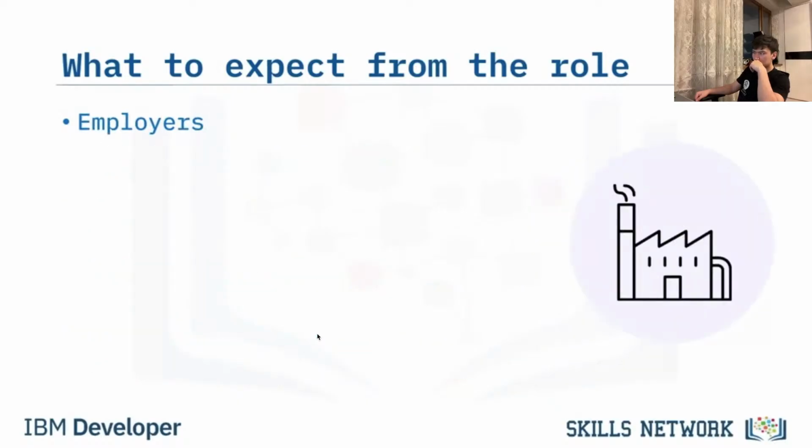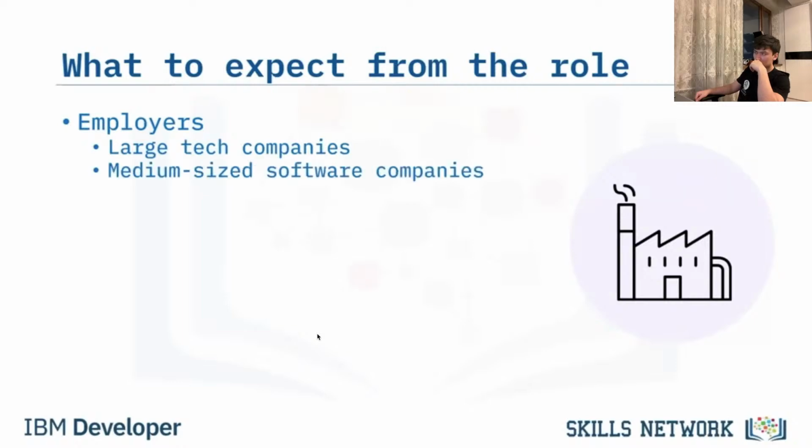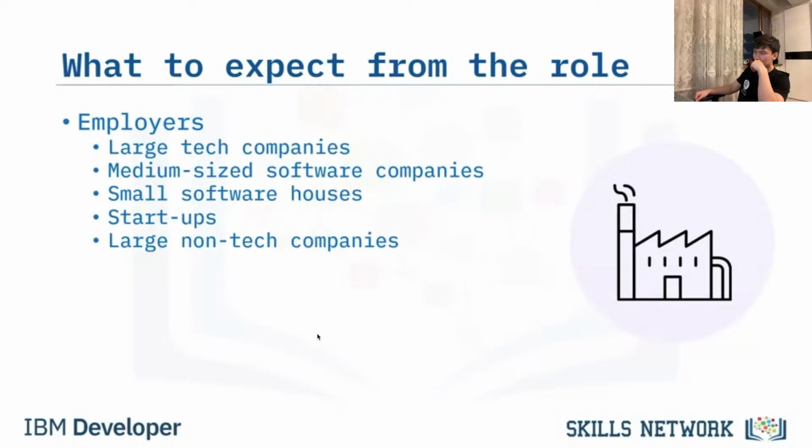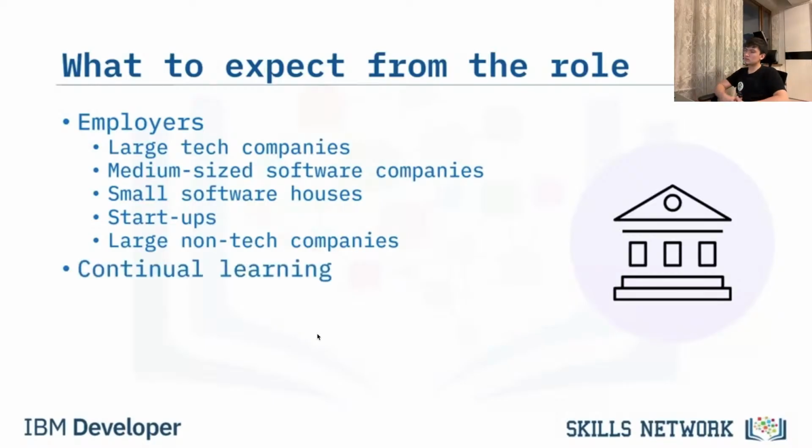Software engineer employers include almost any type of business that you can imagine, from large technology companies such as Facebook, Amazon, Apple, Netflix, and Google, also known as FANG, to medium-sized software companies that develop specific software and solutions to small software houses and startups. And almost all large non-technology companies, like banks, retailers, and pharmaceuticals, need software engineers for their own internal or external systems. And lastly, most employers will encourage continual learning, whether that be expanding your technical skills or enhancing your soft skills. They're usually keen to invest in keeping your skills up to date so that you can develop the best software solutions for them.